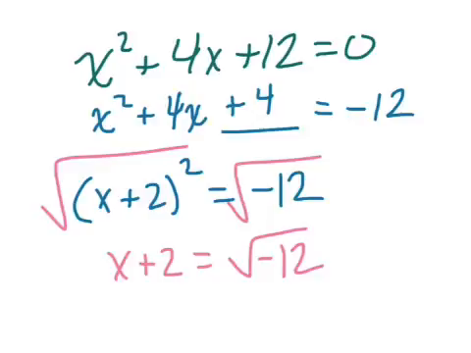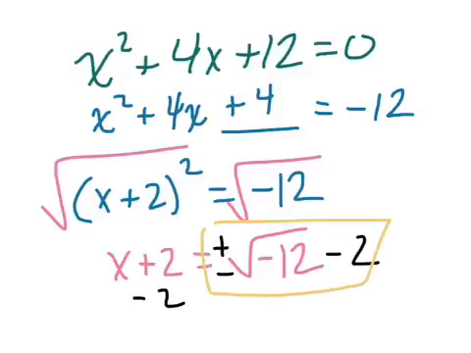So what we see here in this example is kind of that issue. Before we talked about imaginary numbers, we would have had to have said that there is no solution to this problem, and that's kind of true. There's no real number solution. However, there are two solutions to this according to the fundamental theorem of algebra. So we're going to go ahead and continue to solve this. Minus 2, minus 2. So we have plus or minus